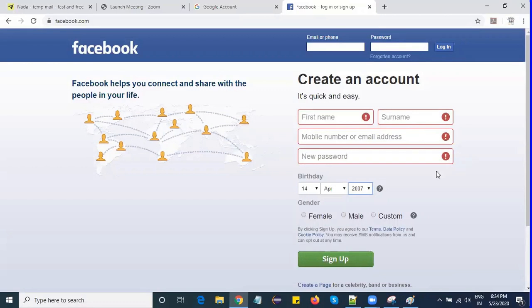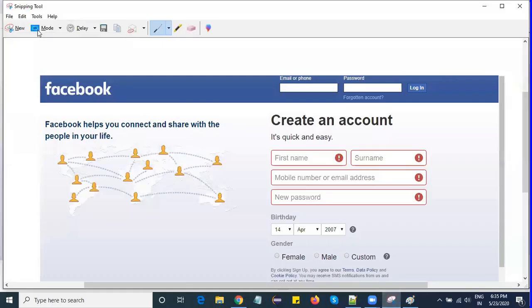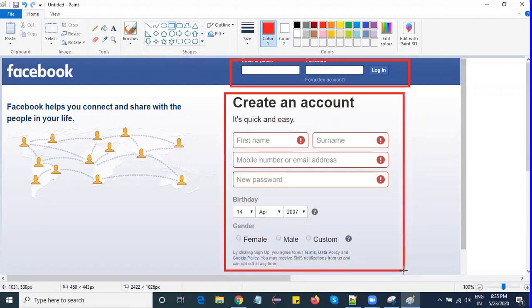So for this page, I have 2 sections here. Let me take a screenshot like this, so that it will be very useful to you. Okay, this is a page, right? This is a Facebook page which we generally see. Let us consider I'm going to divide it into 2 sections. The first section is the login page, the login user detail page. The second section deals with the create account page.